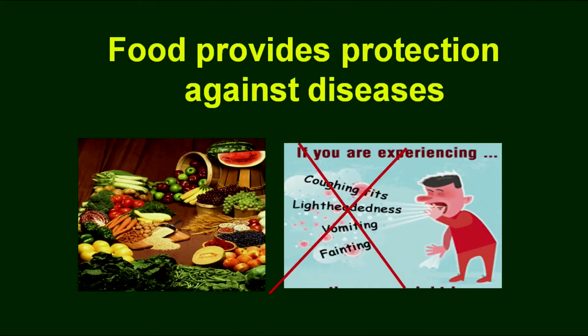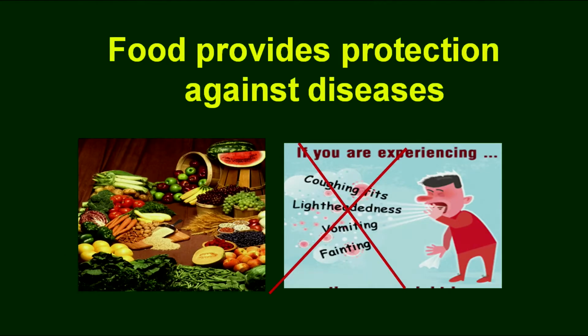So, the brain needs a constant supply of energy, which comes from food, particularly glucose, which further regulates thinking, heartbeat and digestion and other body functions. It provides protection against sickness or diseases. So, a variety of foods are needed in your diet that will help you to protect your body from various symptoms,